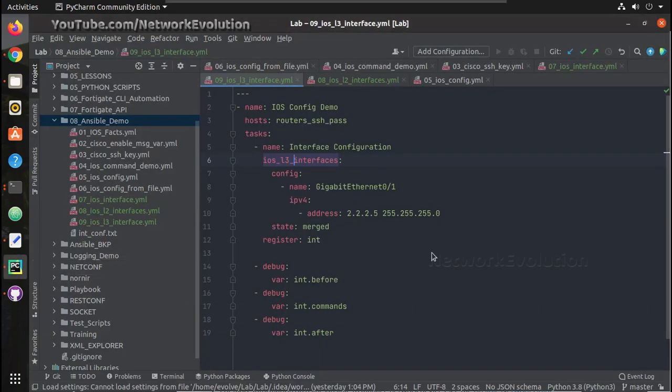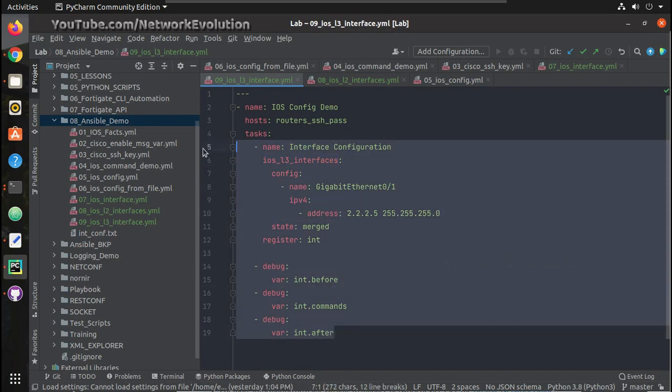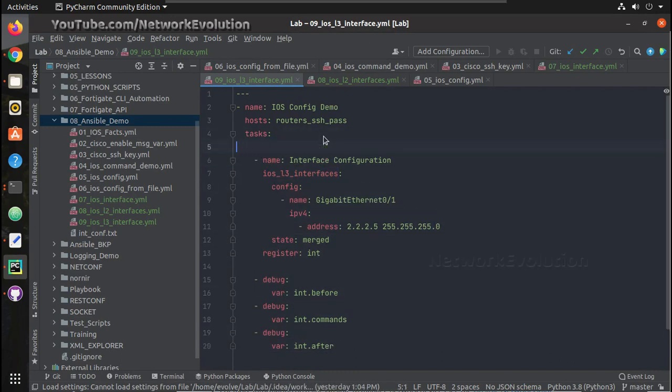Now we will see how replaced works. I'll just put a comment here.